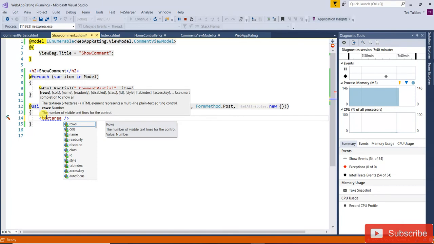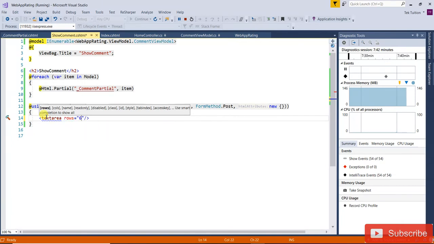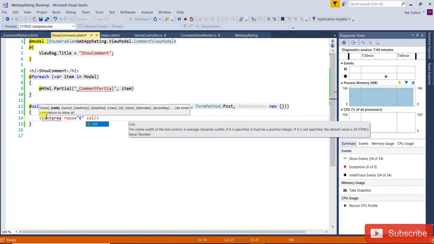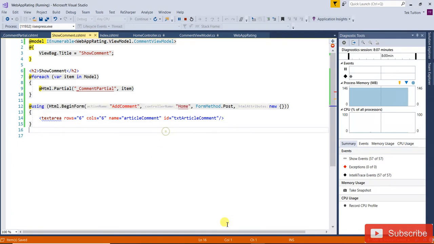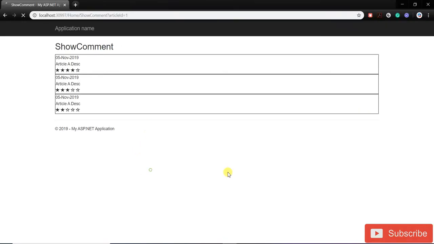Text area, and for rows I'm going to use 6, columns I'm going to use 6, and one more thing: we're going to use the name, that is, I'm going to write articleComment, and id equal to txtArticleComment. That's all. Now if you reload this one,